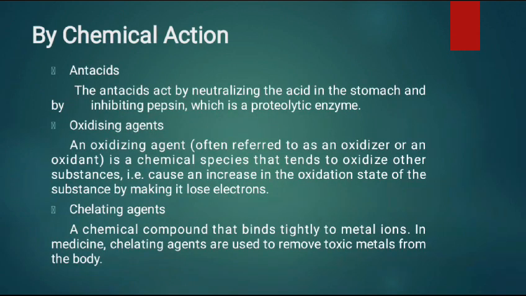Next one, by chemical action. That is antacid. The antacid acts by neutralizing the acid in the stomach and by inhibiting pepsin, which is a proteolytic enzyme. Next one is oxidizing agent. An oxidizing agent is a chemical species that tends to oxidize other substances, that is, cause an increase in the oxidation state of the